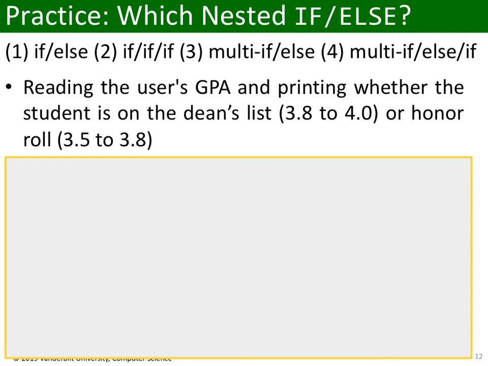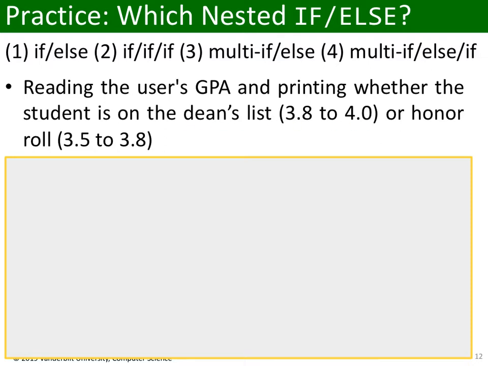However, that's not true. 3.7 would fall into the honor roll category. 3.4 would not fall into either of these categories. However, 3.7 would fall into the honor roll category, and 3.9 would fall into the dean's list category. Sometimes it's easiest to go about deciding which conditional structure to use based on samples like that. So if you can think of a sample to exemplify the situation, then that helps sometimes make it more concrete. You know, thinking about 3.4 shows that 3.4 would neither be a dean's list nor honor roll student, so therefore we need to have a 0 or 1 number of true paths, because